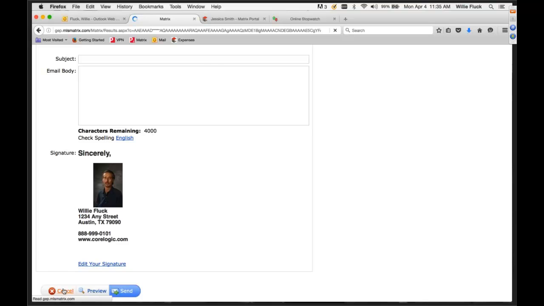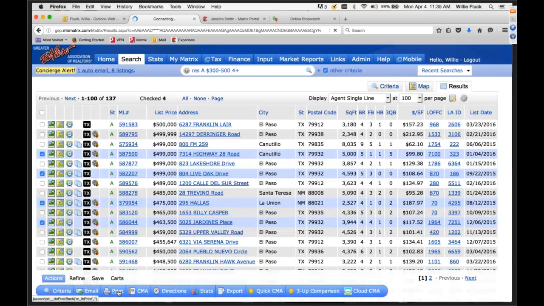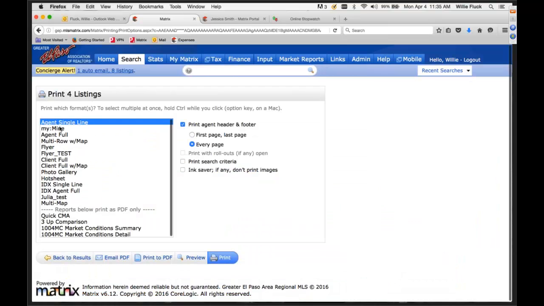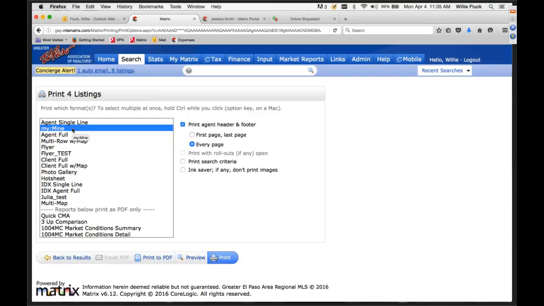The next selection we have on the button bar is print. I want to print those 4 listings. If I want to print multiples, like maybe I want to print the one that I created for myself, and maybe I want to do the client full for my client, I can select multiples by using my control key or my command key on a Mac. Just for demonstration purposes, I'm also going to put my header and footer on the report so you can see what that would look like. And when I preview it, you'll notice